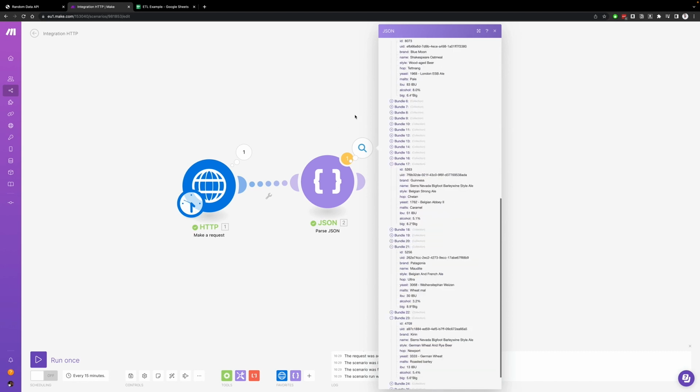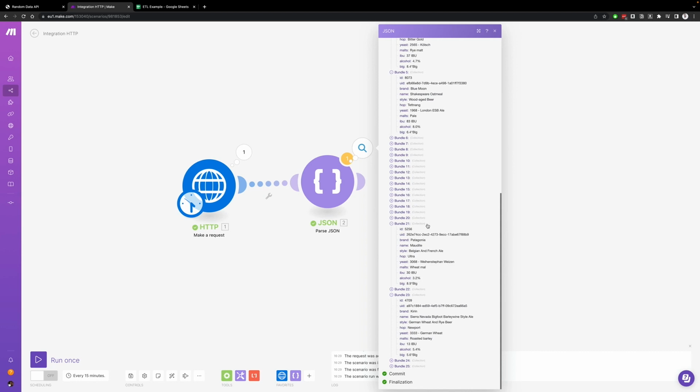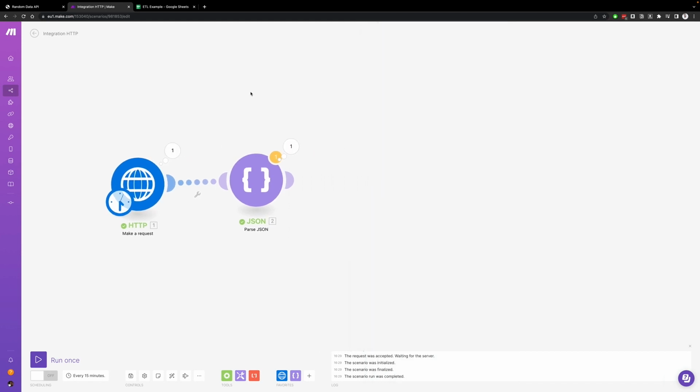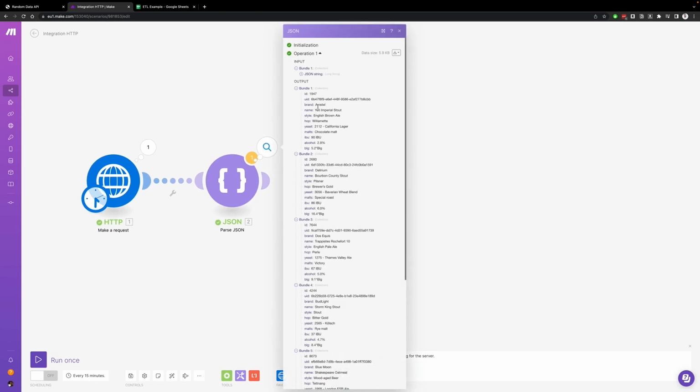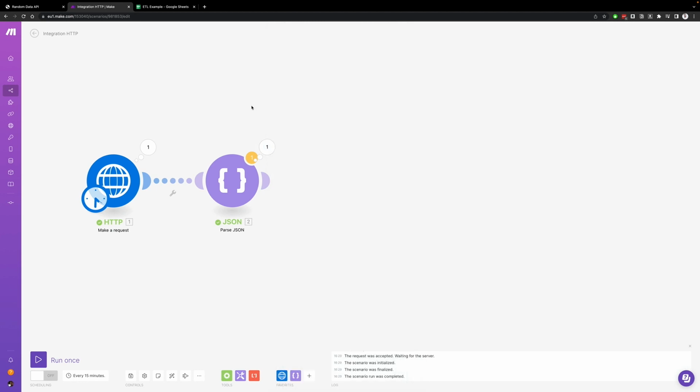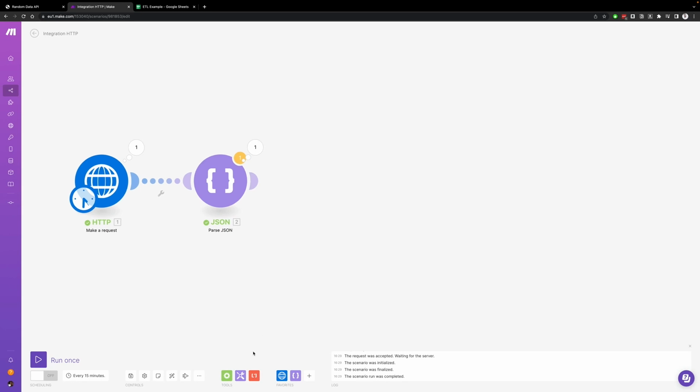So now we can actually work with it because we have the data arranged by columns, arranged by bundles, which represent, for example, the rows in a database. So we have all that, and we can continue developing the process. Now we want each field, each one of these things, let's call it fields. So we want each field to be stored in a variable. So we're going to choose